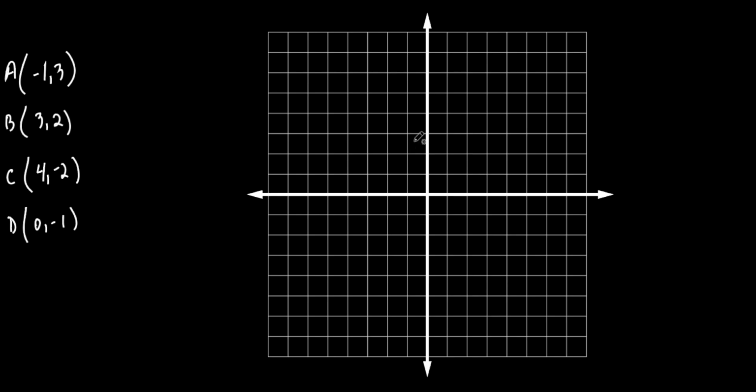Negative 1, 3. That's point A. 3, 2. 1, 2, 3, 1, 2. That's point B. Point C is 4, negative 2. 1, 2, 3, 4, 1, 2. That's C. And then D is 0, negative 1, which is right there. That's D. All right, so we got to figure out what kind of quadrilateral, specifically, as specific as you can,